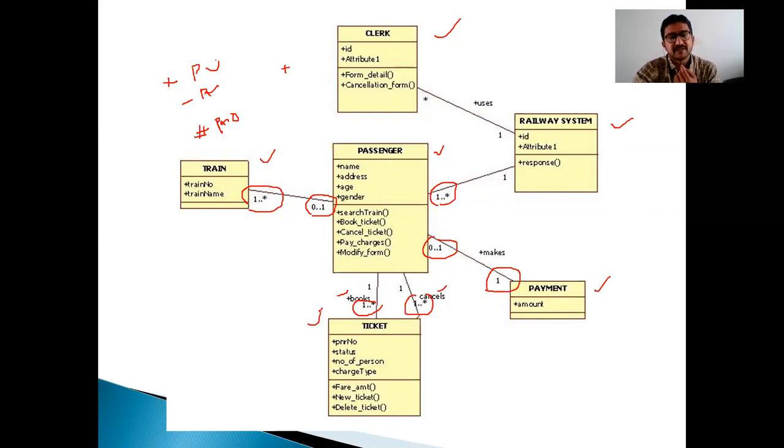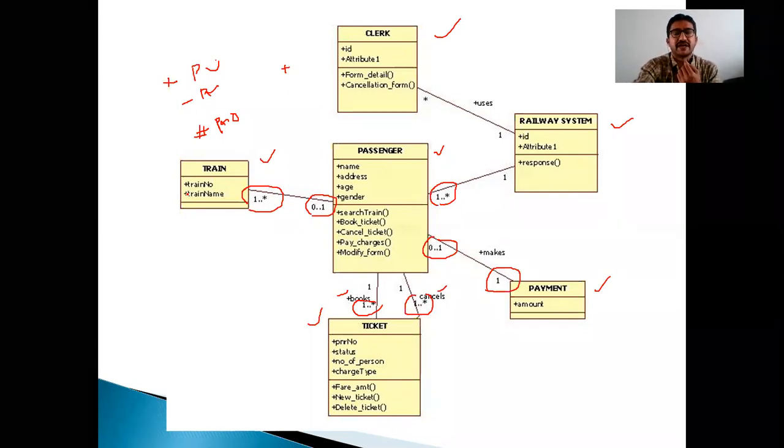And the operations are based on your interest. Maybe the class name is enough, or you can define the class name with attributes, or class name, attributes, and operations. For some classes, only attributes are enough. For some classes, operations are enough. For some, all three are required: class name, attributes, operations. For some classes, only the class name is required. It depends on how you are going to understand it.